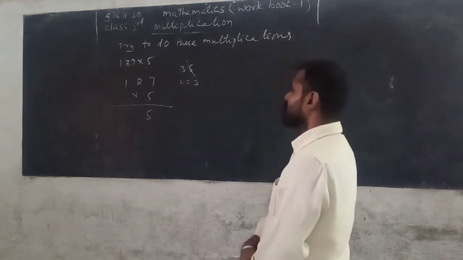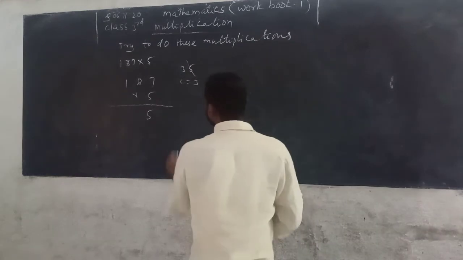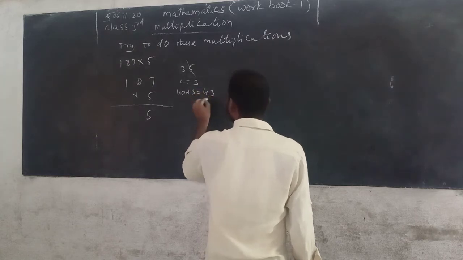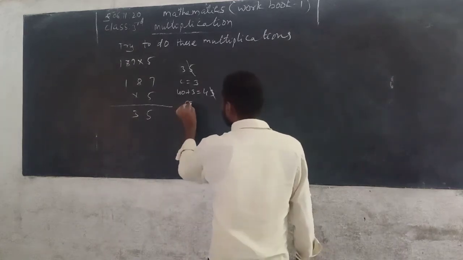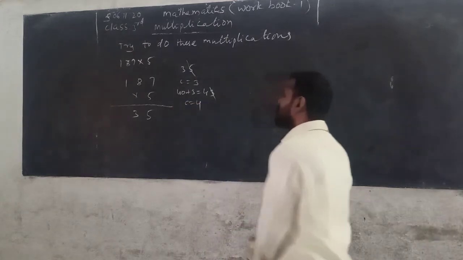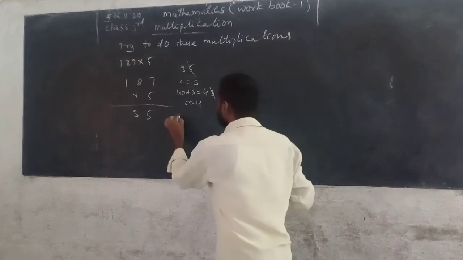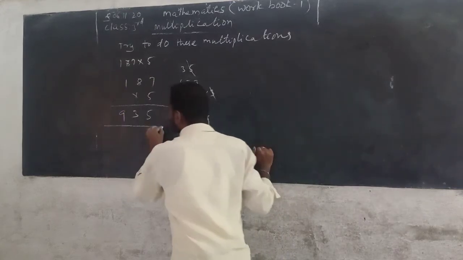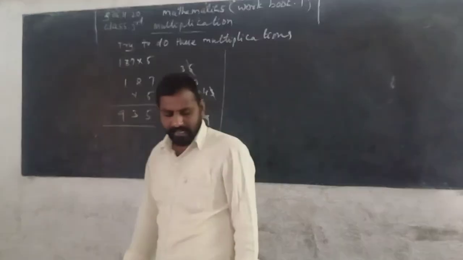Next we multiply the digits in tens place, that is 8 with 5. 5 8s are 40. 3 is added to 40. You can get 43. In it 3 is taking, write down in tens column of the product and 4 is carrying. Now next we multiply the digits in hundreds place, that is 1 with 5. 5 1s are 5. 4 is added to 5. 5 plus 4 you can get 9, write down hundreds column of the product. So product is equals to 935.